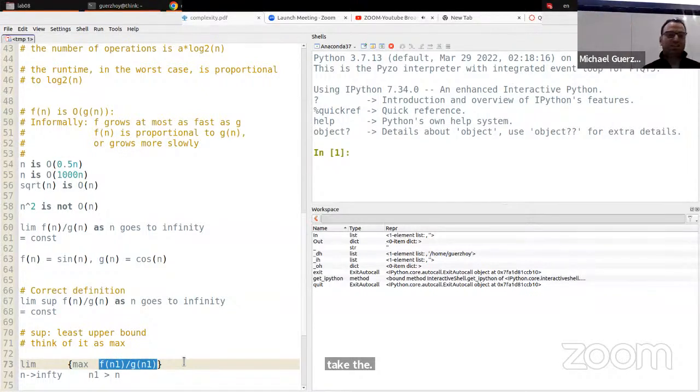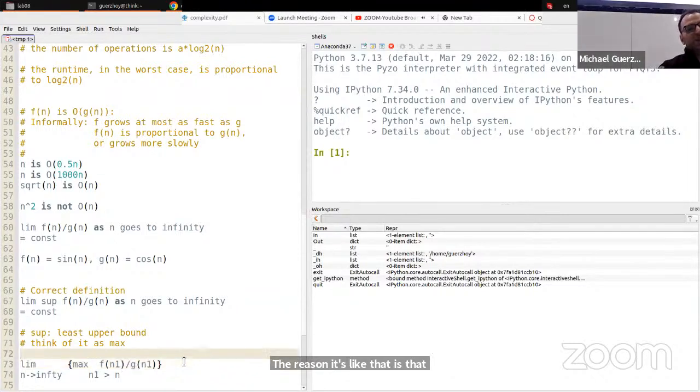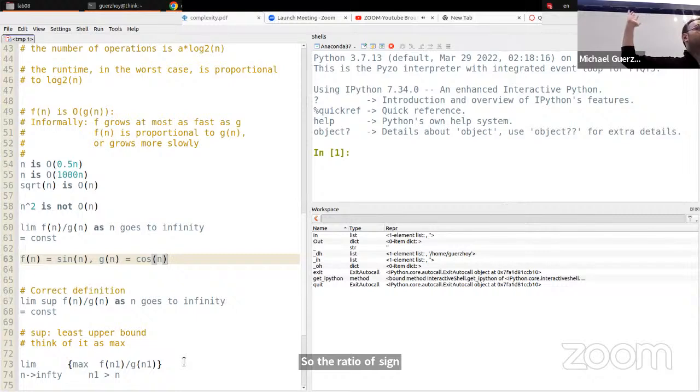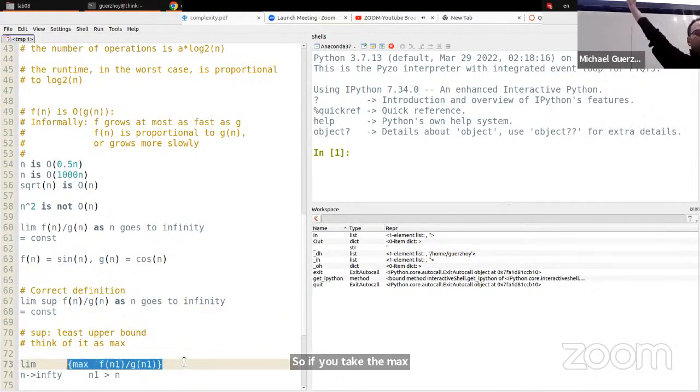So if you're not interested in this, just think about it as the limit. That's completely fine. The reason it's like that is because that takes care of this kind of deal. So the ratio of sine of n and cosine of n can vary, but it's limited to within a certain band. So if you take the max over all the possible n's that are greater than the threshold, well, that's going